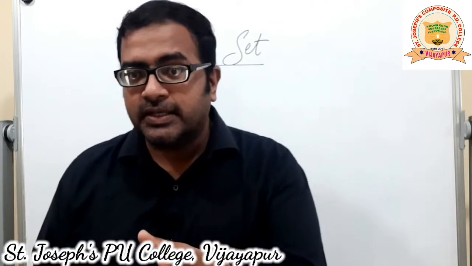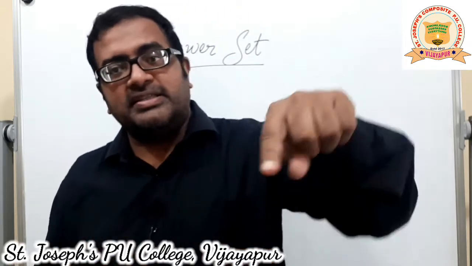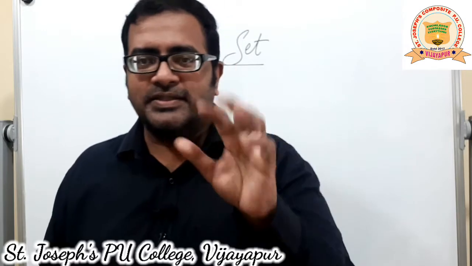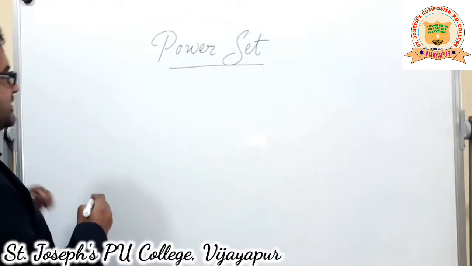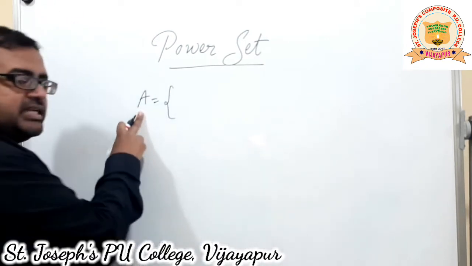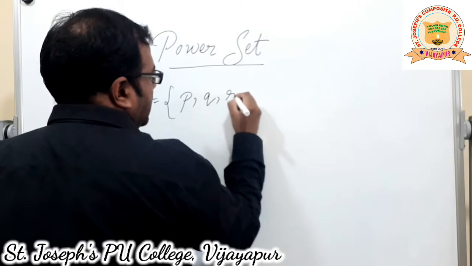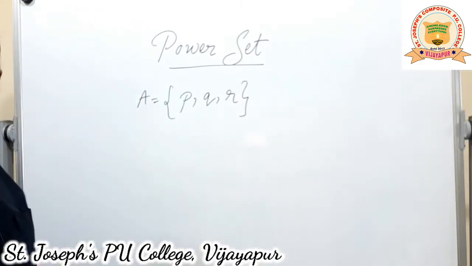Now that is a little confusing, right? The definition is small actually. Power set is a set of all the subsets of a given set. Now, too many sets there in between. Let us see what it means. I'll take an example which we have already taken. The name of the set I am changing, but you have seen this already: P, Q, R. In the previous example we saw.